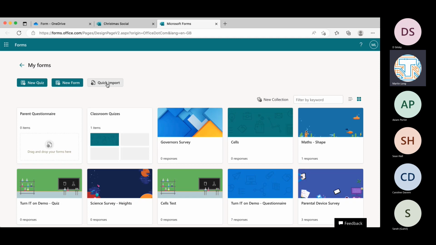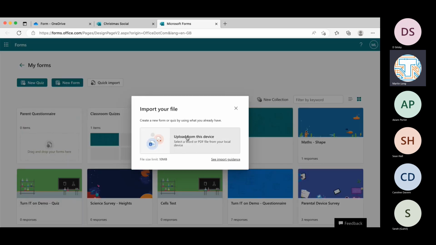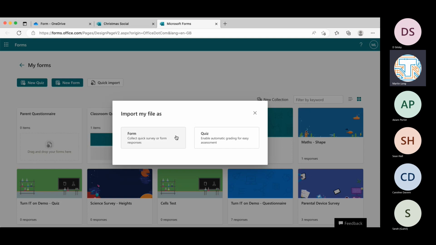So if I press quick import before we go showing you a new form, I'll press that and it comes up with a pop-up box to say upload from this device. In the future, I'm assured it will allow you to link to your OneDrive, but now it's asking you to load it from your device. So you click upload from this device and it will look on your device. I am going to open up the dreaded Ofsted parental survey,